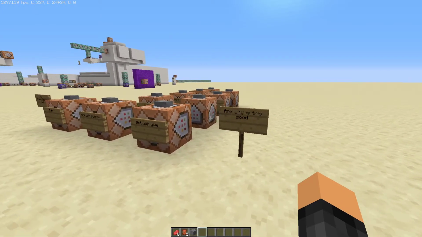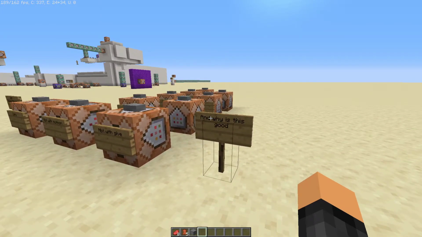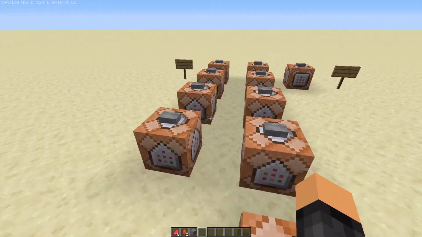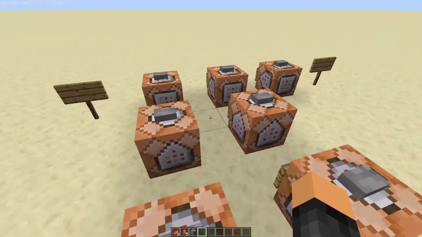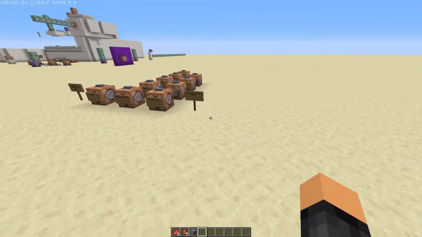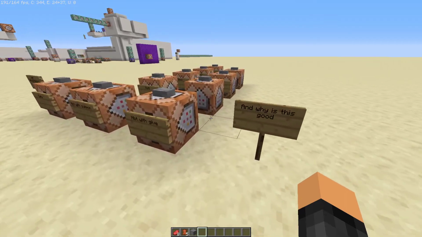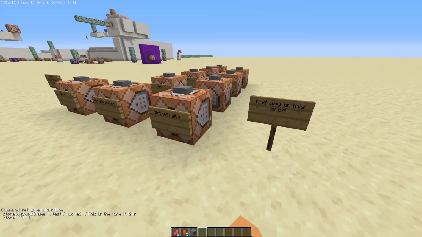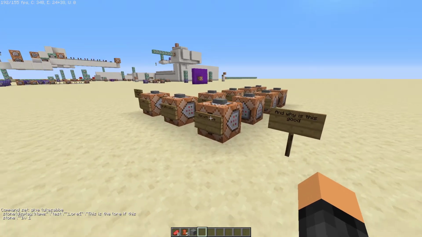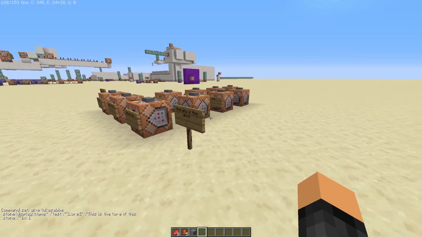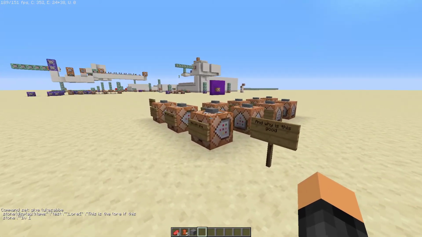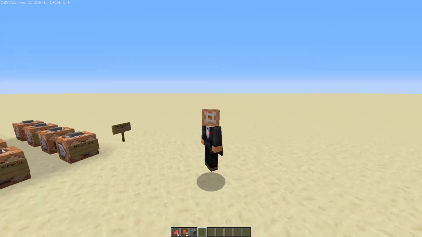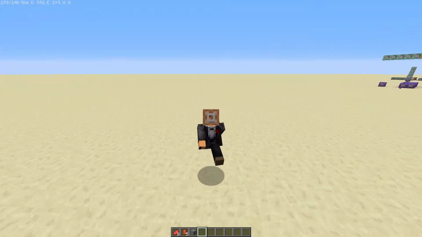And why are NBT tags even good? Of course, you have probably figured that out by yourself right now, but they are good because you can do literally everything else that you can't do with commands. You can change any entity, you can change your blocks, you can add a lot of things that you couldn't do otherwise. And yeah, that's a very important thing you can do in map making. So I hope you have learned something in this episode. I'm maybe not the best explainer of this, but yeah,